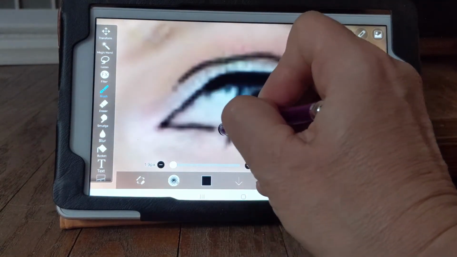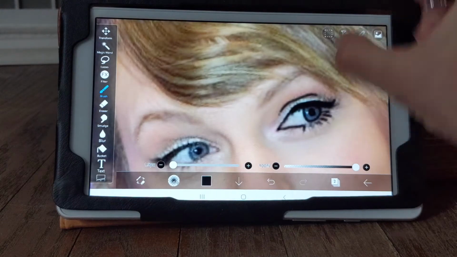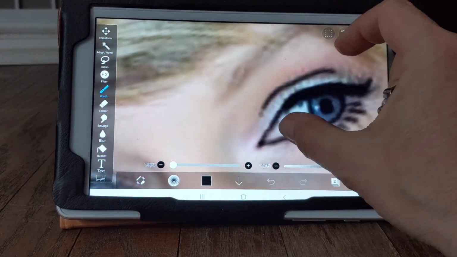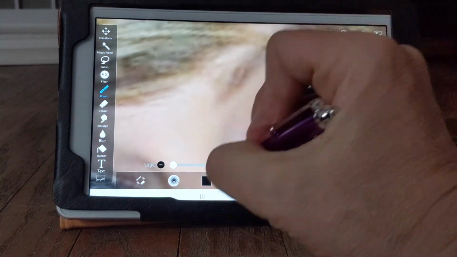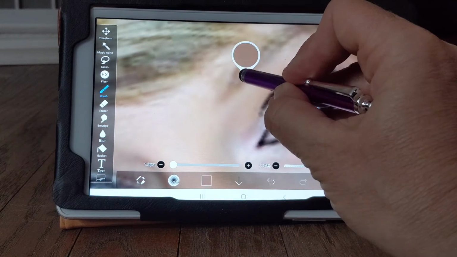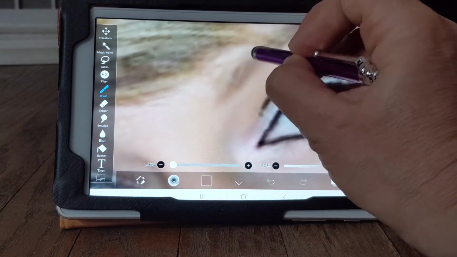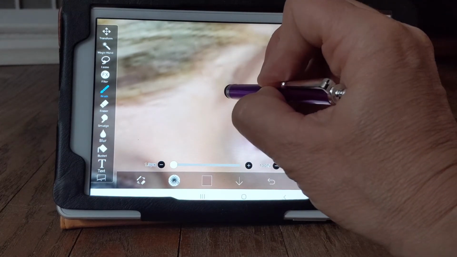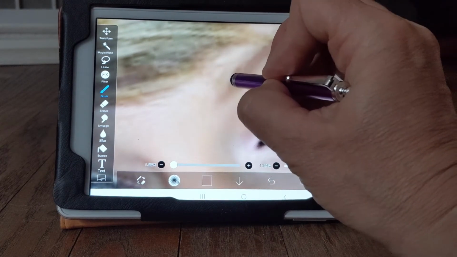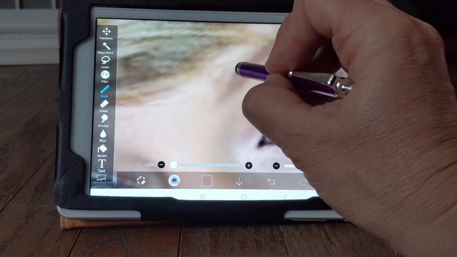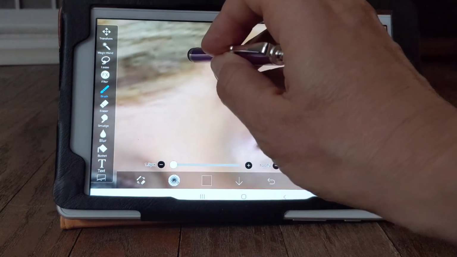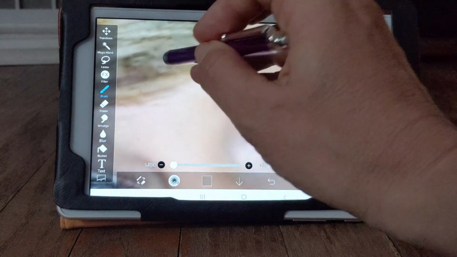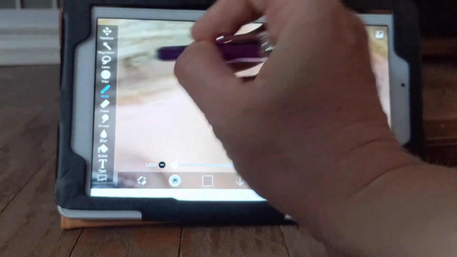Okay. And then I can zoom out a little bit. I can change the color. If I don't want black, I can always go like this and it picks up the color of her eyebrow. You see how I did that? So if you click and hold with the paintbrush, sometimes it takes a couple chances. Hold on. There it goes. Okay. And then you can paint over.